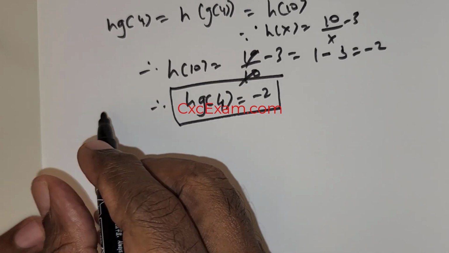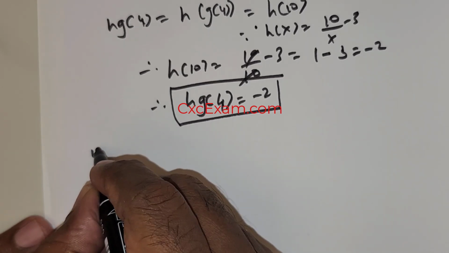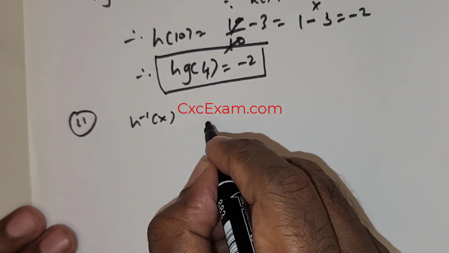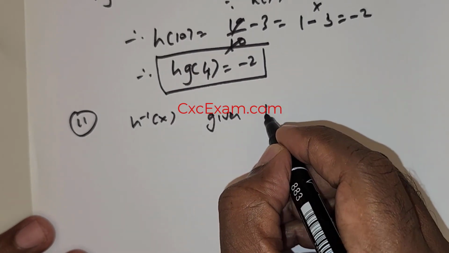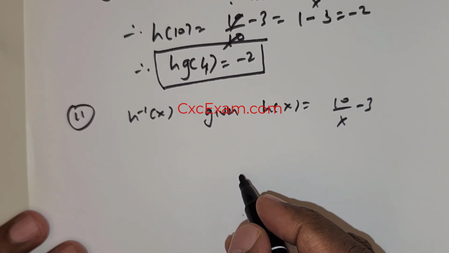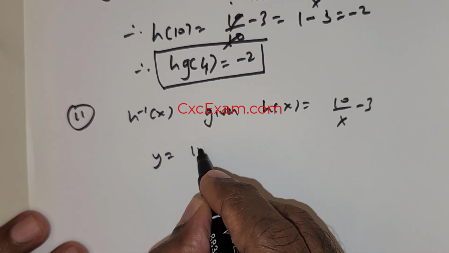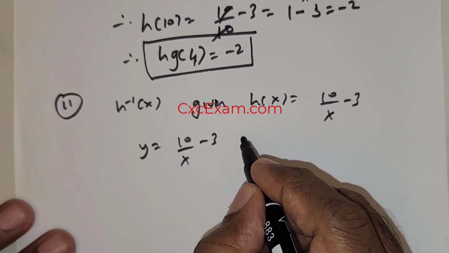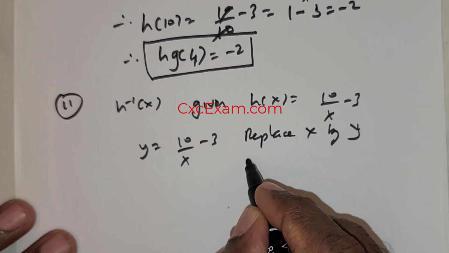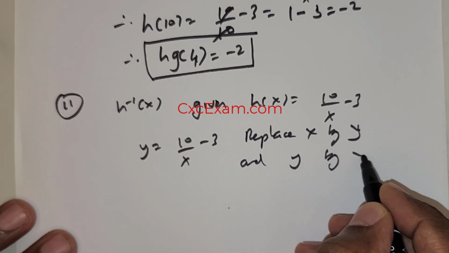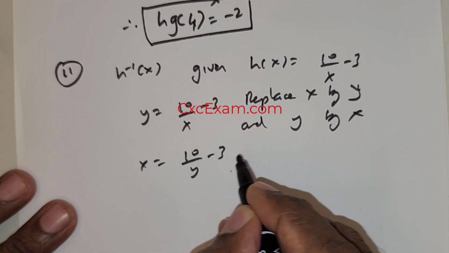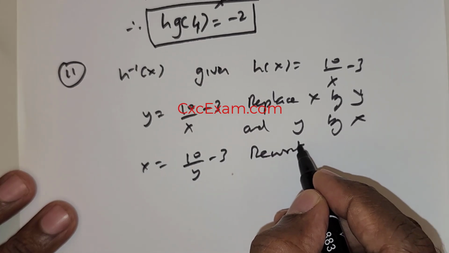Now let me move on to question number 2. We are expected to find h inverse of x. Now given h of x is 10 over x negative 3, I'm going to rewrite this as y is equal to 10 over x negative 3, and then I'm going to replace x by y and y by x. So this is going to be x is equal to 10 over y negative 3. Next, rewrite